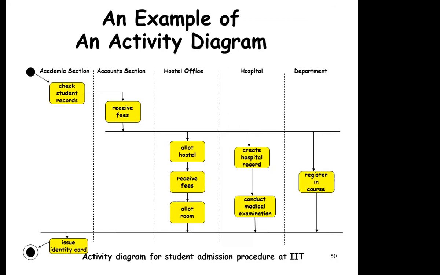So this is the activity diagram, showing what different activities are to be performed. But the interaction diagram shows the interaction between the different objects. So we will see what type of objects are there in the academic section, which type of object is there in the account section, which type of hostel members or hostel warden is there. So the hostel warden will become the object in a hostel category activity. The HOD will become an object in a department.